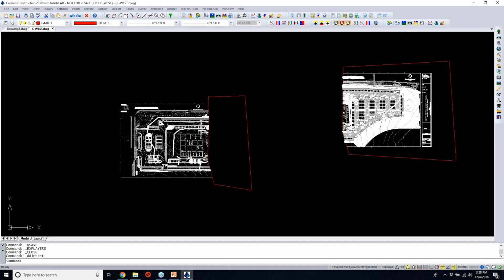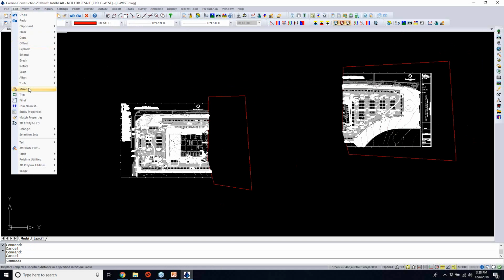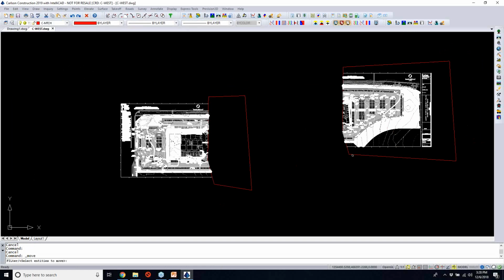That lets me move these things together a little bit more precisely, and now I have the ability to say, okay, with this single block in the drawing, I can now issue a move command and move from this base point down over to here. So let's just go ahead and do that. I'm going to say edit, and we'll do a move. And I'll take that single block,